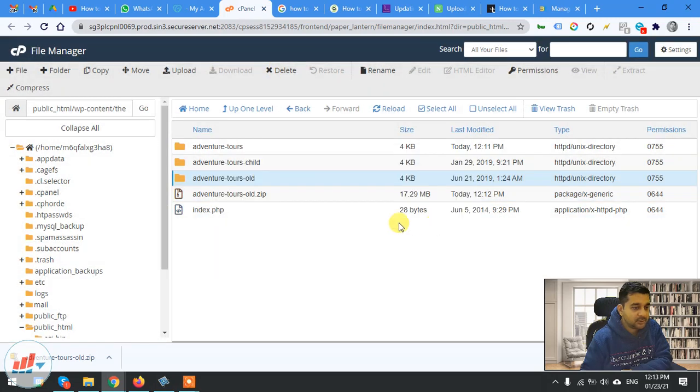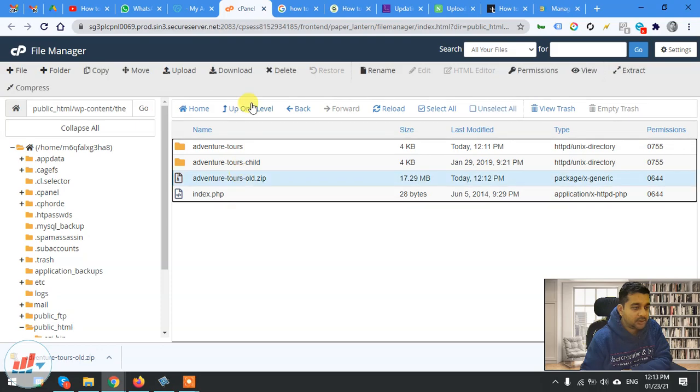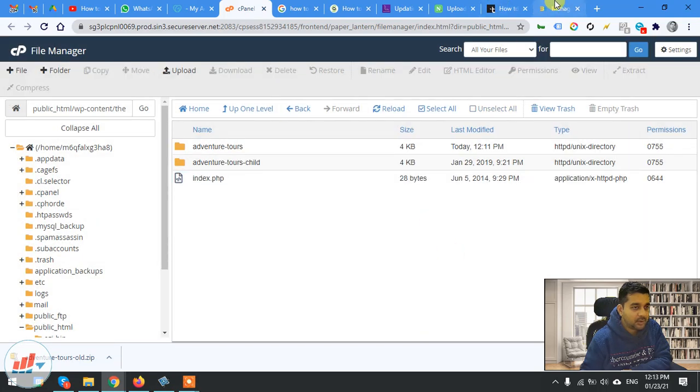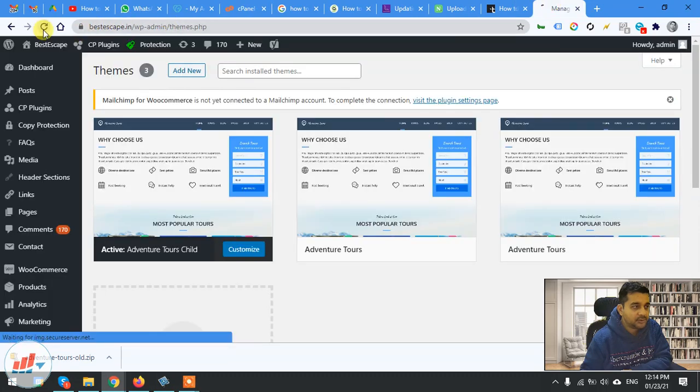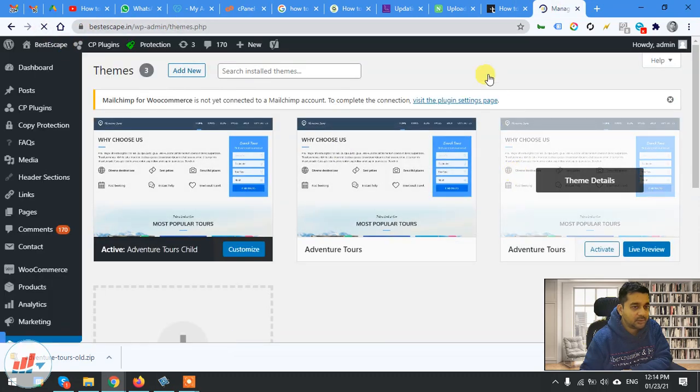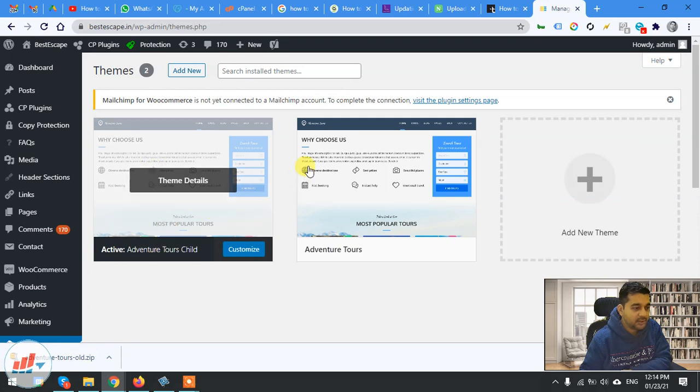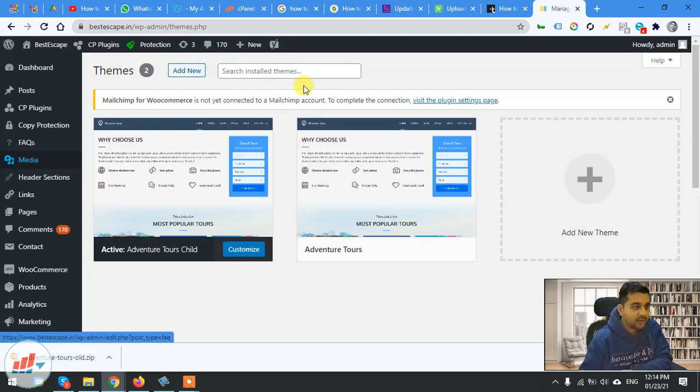Okay, and try deleting its zip file also, and now you can reload this particular page to see what theme it is showing currently. Okay, so currently it's showing us only the one theme, and the child theme is already activated, and we are not seeing any option to upgrade the theme now, because the theme should be upgraded by now.